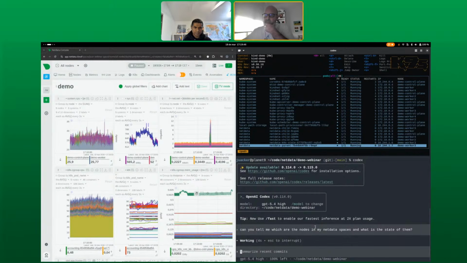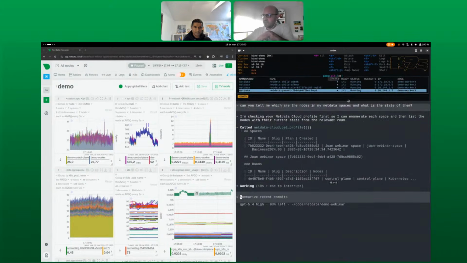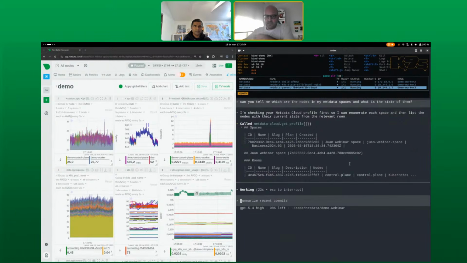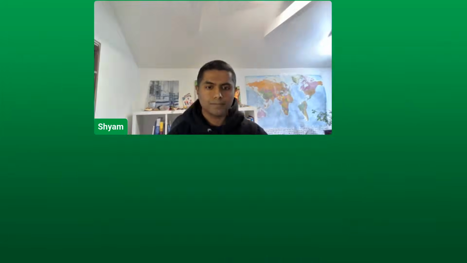The MCP integration offers different tools that the AI client can use. When the AI client loads the integration, it receives a list of tools that it can use. One of these tools is the get profile tool, which is basically the first tool that the AI client will use, because it tells the AI